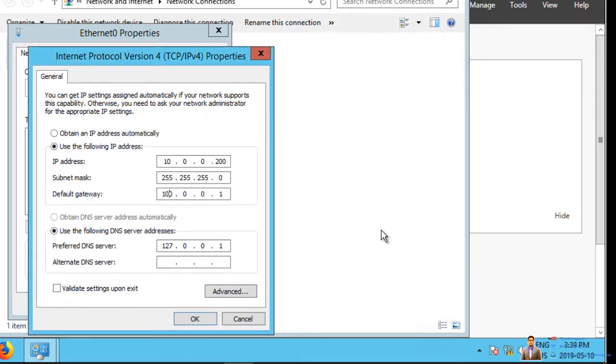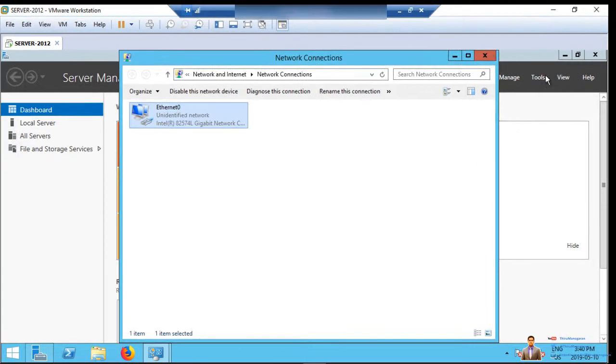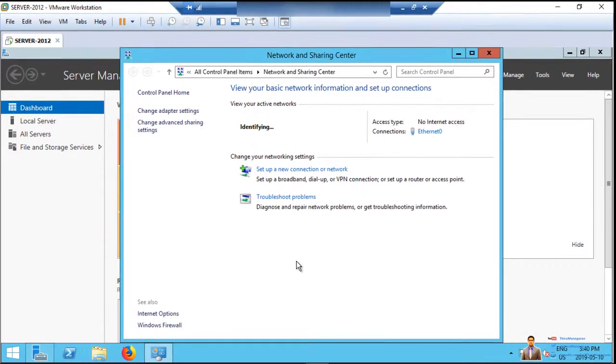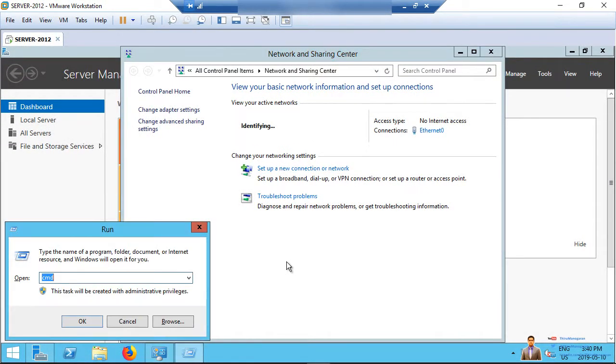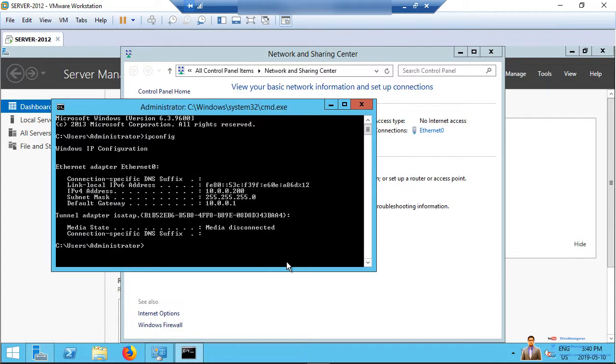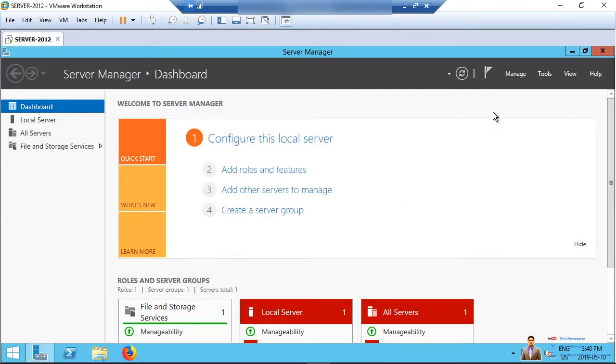Yeah, here too I meant to be 10.0.0. So it's good now. Close it. Close this and close this one too. And then let me go and see ipconfig. 10 dots, good. So now what we're gonna do is, again, click on Add Roles and Features,